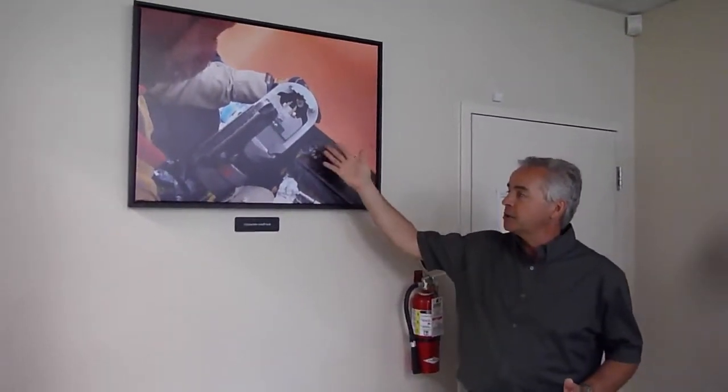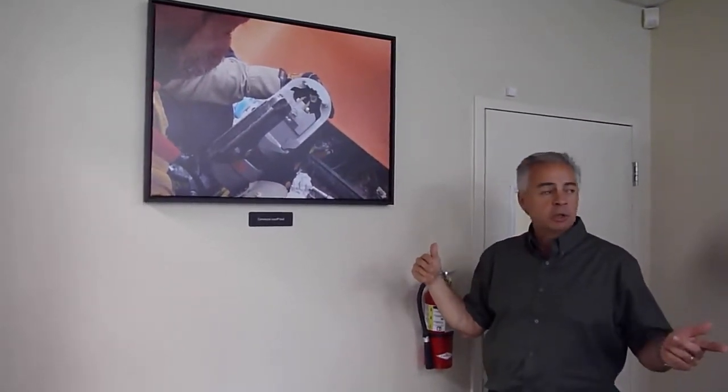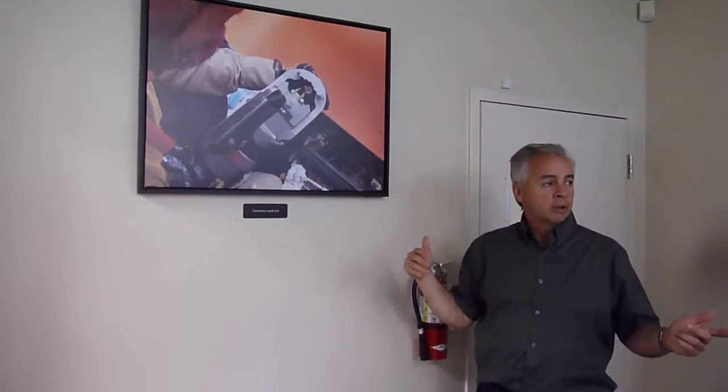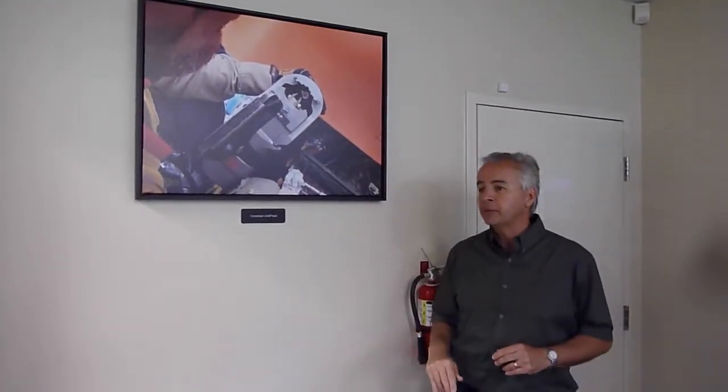So this is not a commercially available tool, so we had to make it ourselves, and we occasionally sell them. Norm, what do we sell them for? About $8,000 to $10,000. $8,000 to $10,000 a pop for what looks to be a fairly simple thing, but hey,